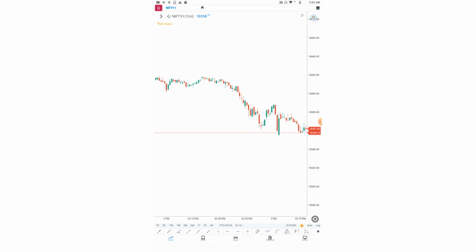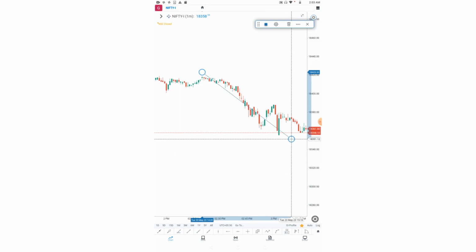Now suppose I want to draw a trend line, so I will select this line and I need to click at two places. So one is this and one is this. Now I have got a trend line. Suppose I want to move it, so first I need to select it properly and I can move this trend line anywhere according to my wish. So let us go back to original options. Friends, you can explore these draw options.